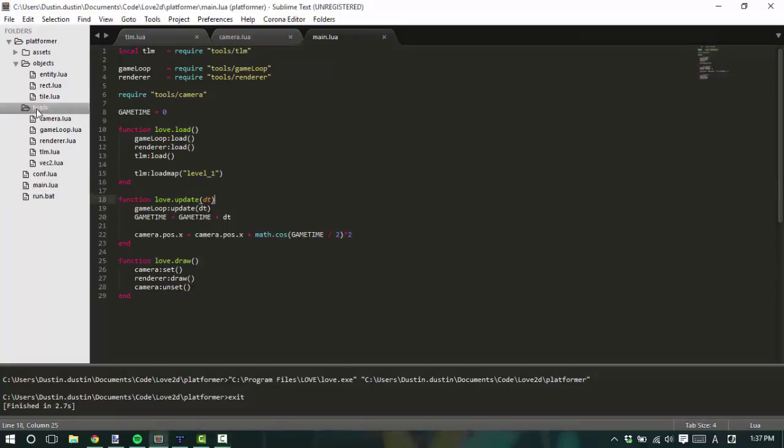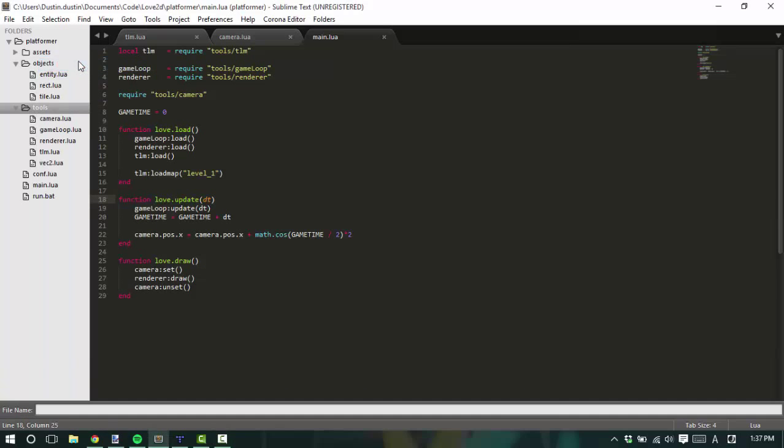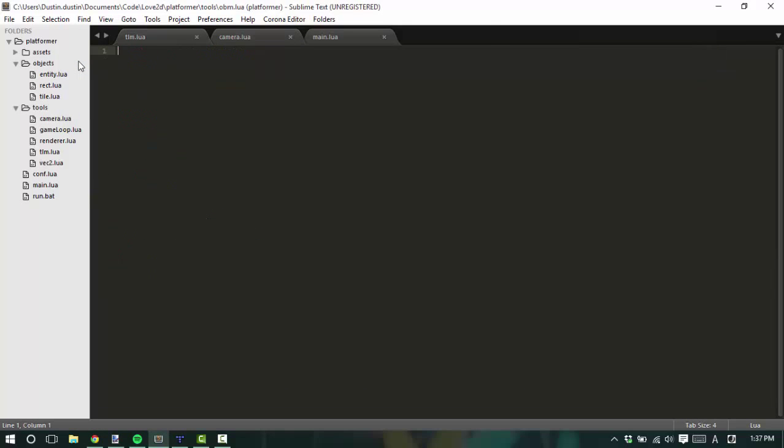So let's create an object manager module. So I'm going to name this obm.lua. Inside here, I'm going to make a local obm, make it equal to a table, and return it. So obm stands for object manager, if you're wondering. So function obm.load,